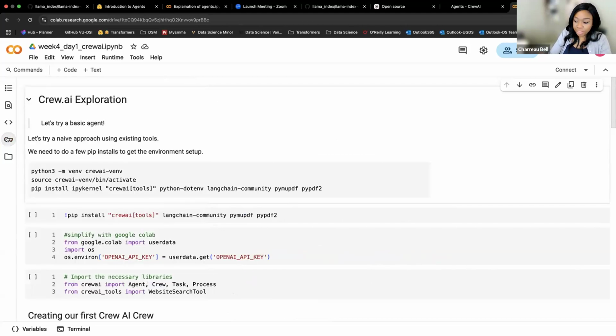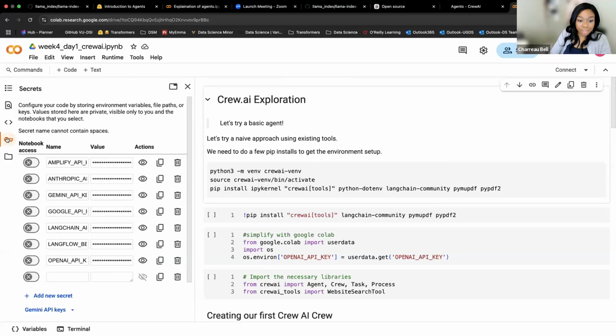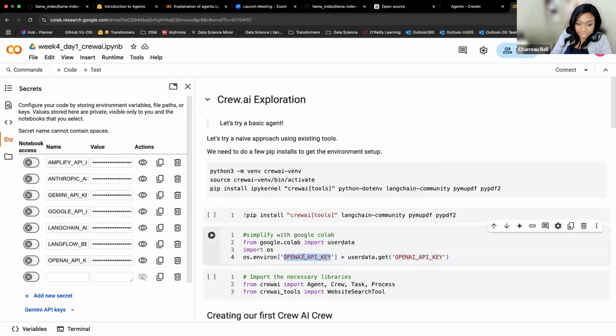So again, for what we're going to do, we're just going to open this up. We're going to click on this key. Once we have this key, this is showing us all of our API keys or our environment variables, whatever, that are only accessible for us in the notebooks that we select, right? We want to make our OpenAI API key. So if you need the actual syntax of what is written, it's this.